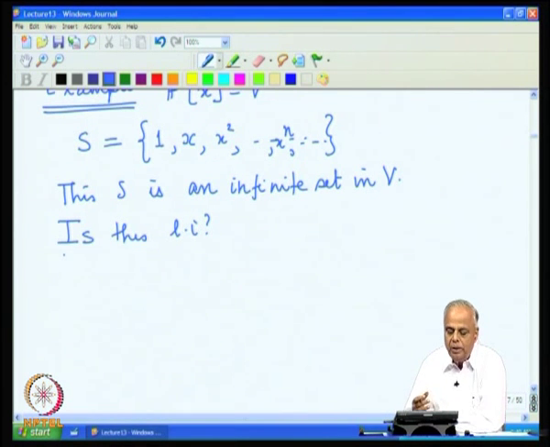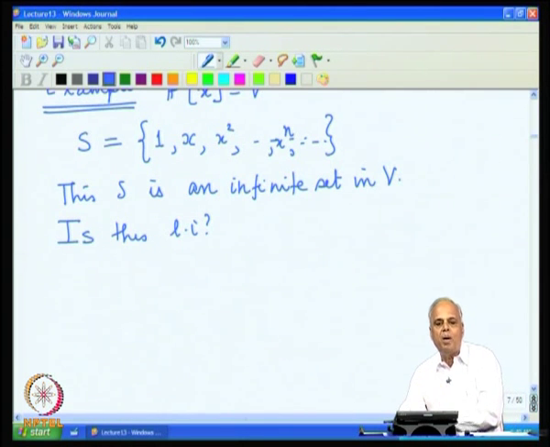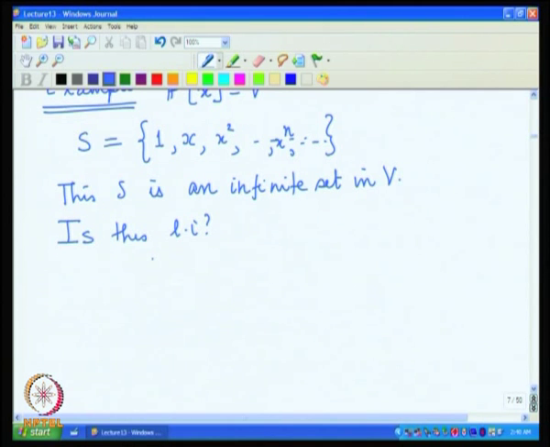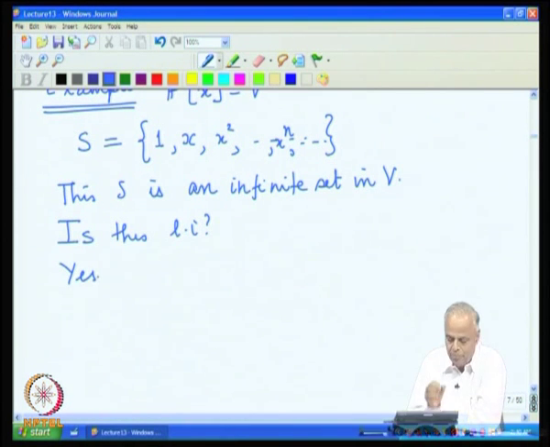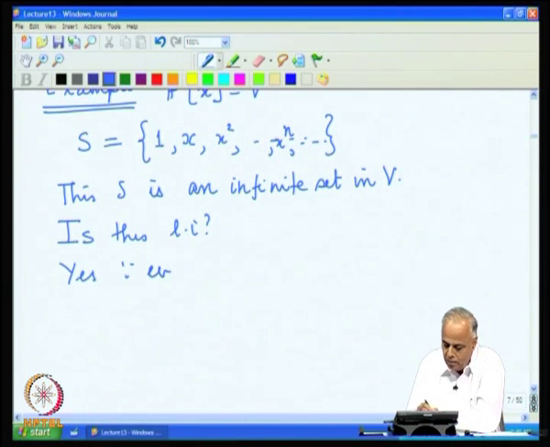So, what will be a finite subset? It will consist of a certain number of powers of x. Now, if we take a certain number of powers of x and look at the linear combination, that will be a polynomial, and that polynomial will be 0 only if all the coefficients are 0, because the 0 polynomial is the one with all the coefficients as 0, and hence the answer is that S,